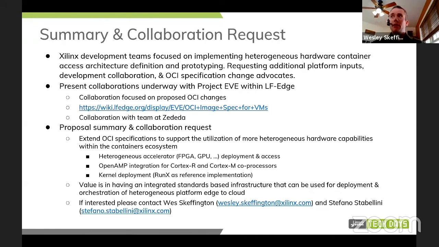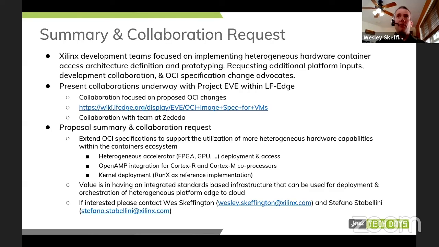And we really are looking for additional inputs so we don't have an overly vendor-siloed view of what different platforms need from configuration data and the way that that needs to be passed. And then ultimately really looking for a multi-customer, multi-vendor drive to getting the OCI committee to support the specification changes that we're advocating for.